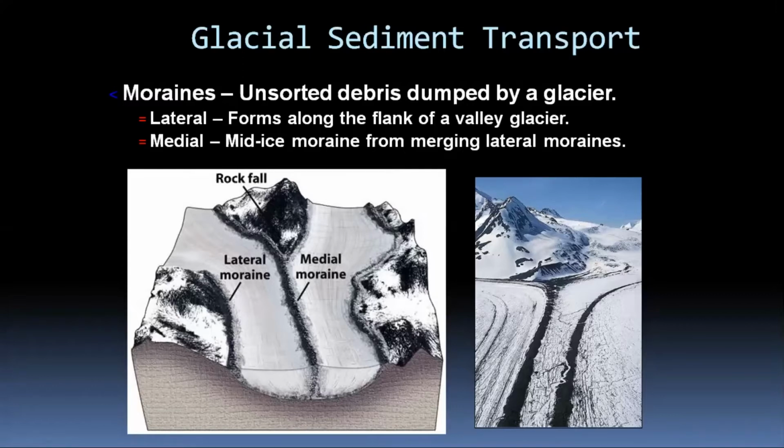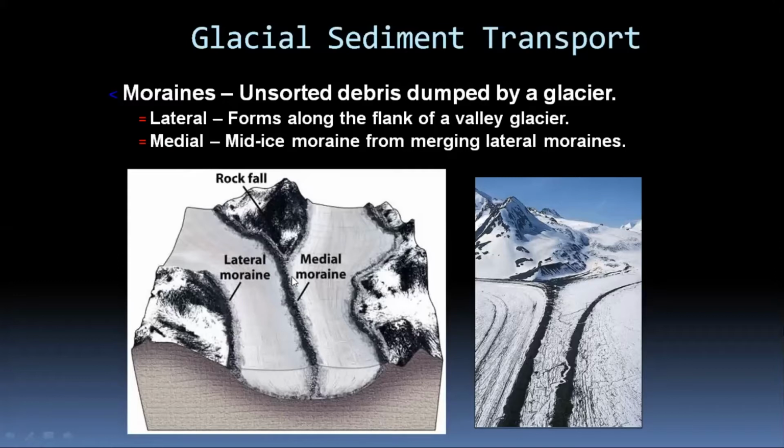So glacial science is itself a complete subject in geomorphology. We call it glaciology, and the people who study glaciers are normally called glaciologists. Here we can see a beautiful illustration in which you have two glaciers coming into one valley. One glacier is coming from the left side, one from the right side, and then they have